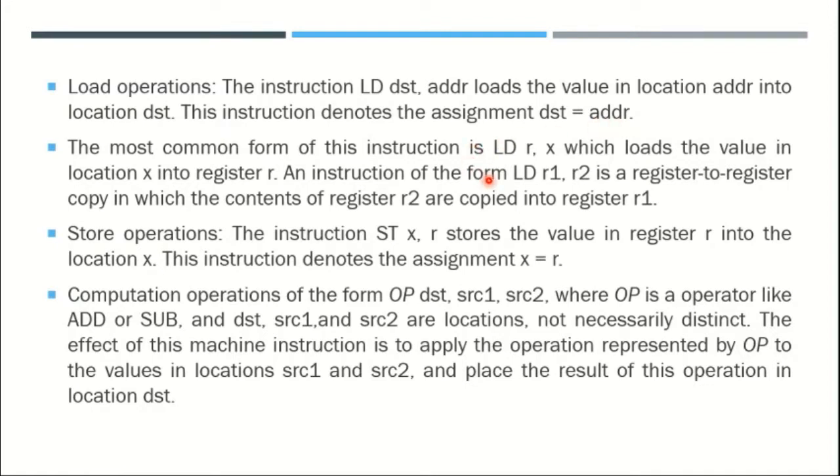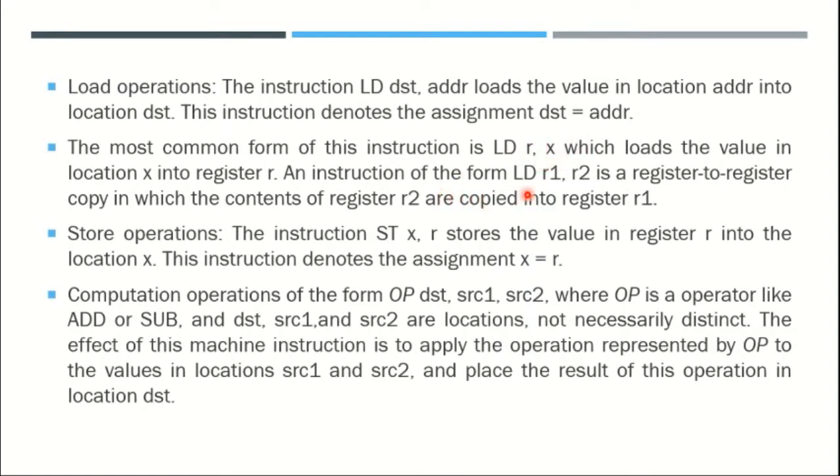Commonly we are using load instructions in the form of ld r, x. The meaning of this is, here x is some register, so the value stored in x can be assigned to the register r. So whatever the value stored in x, that value is assigned to the register r. That is the meaning of load r, x. Finally, whatever the value of x, that value is assigned to r.